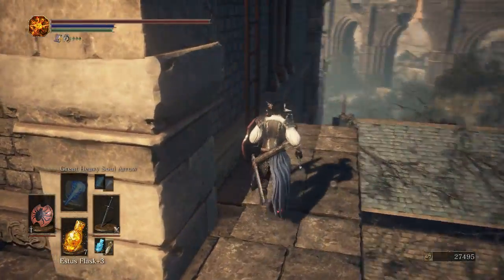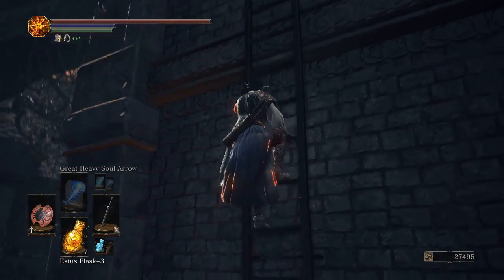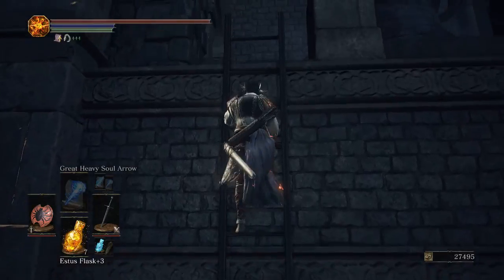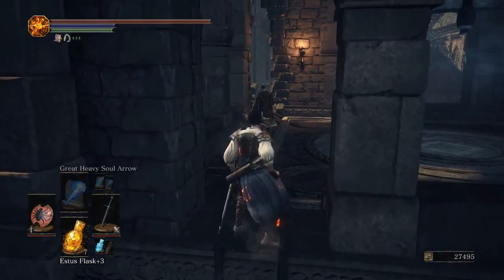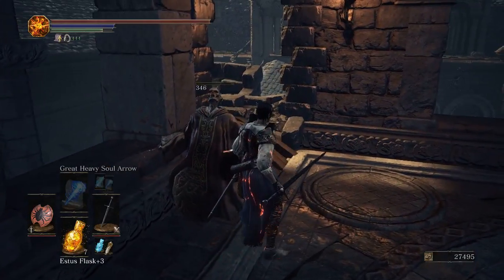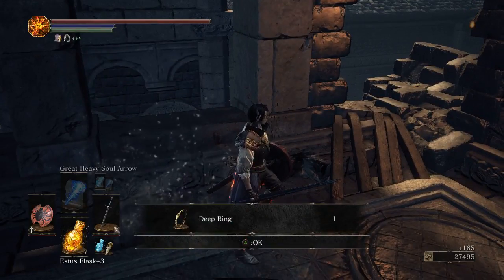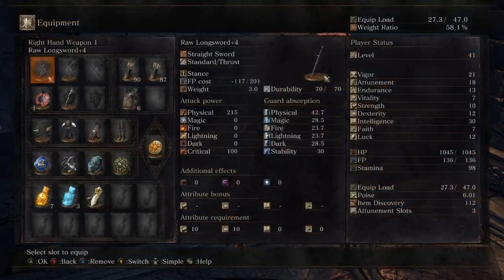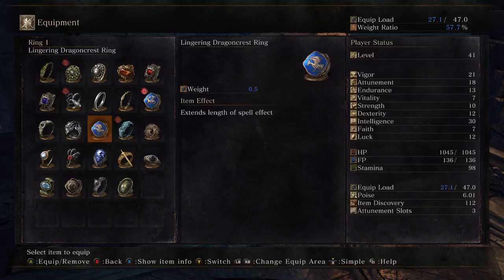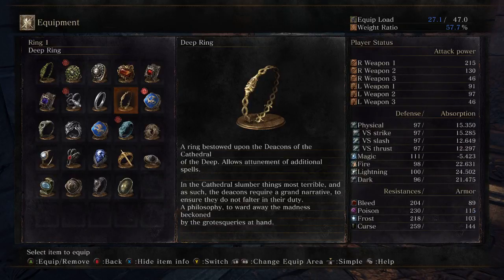Recognize where we are. Let's climb up the ladder here. Now, killing the enemy on top will get you a ring that grants you an extra attunement slot. The Deep Ring, specifically, bestowed upon the Cathedral of the Deep, allows attunement of additional spells. Well, it gives you one attunement slot, but